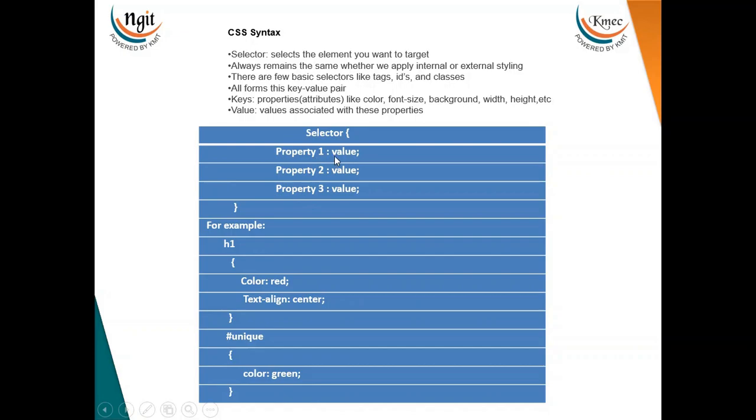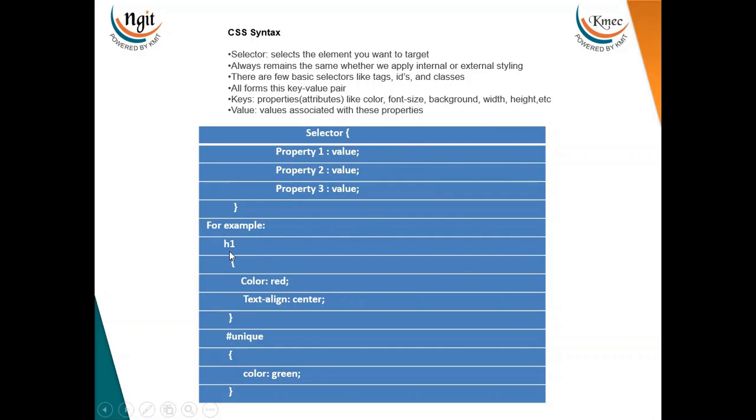Width by default we mention in pixels, otherwise it will be in percentages, as we already knew. And the value is associated with these properties, like which color or what height. These are the property key value pairs that we are going to mention here. I have mentioned an example